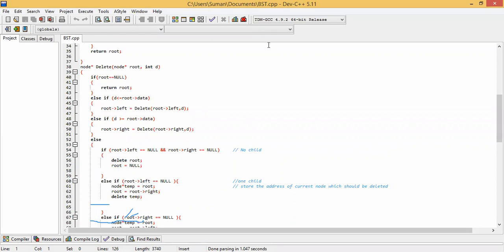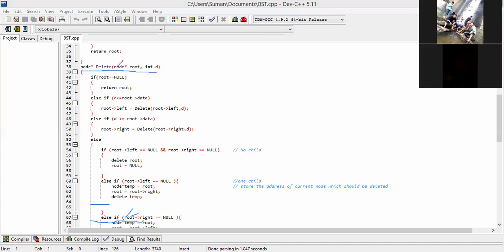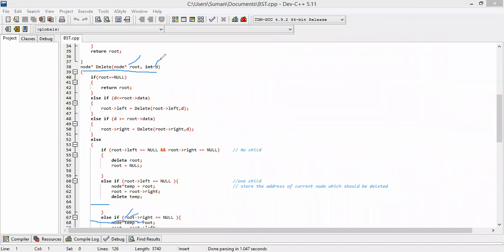In case of the delete function, what is this delete function doing? The delete function is taking two inputs: the address of the root and the data that is to be deleted.